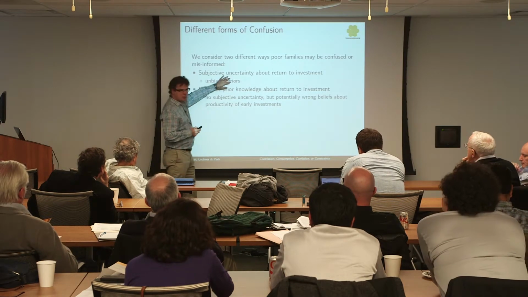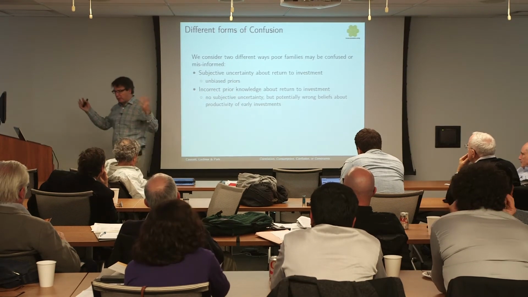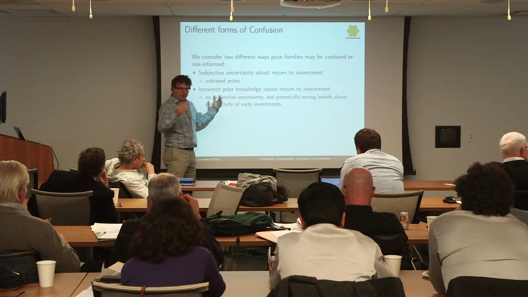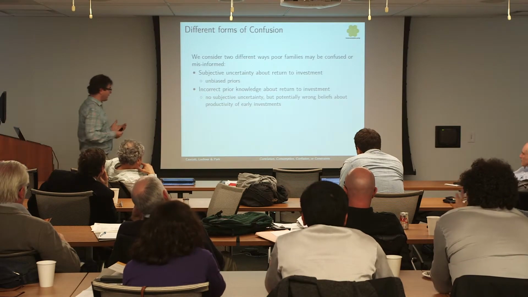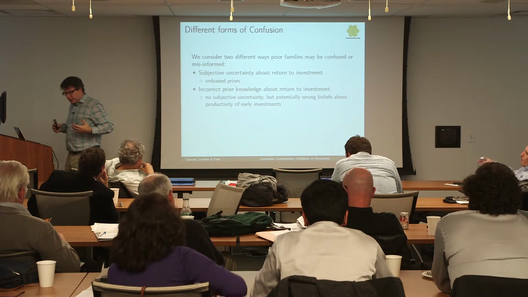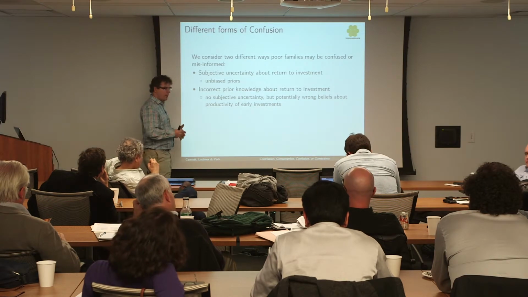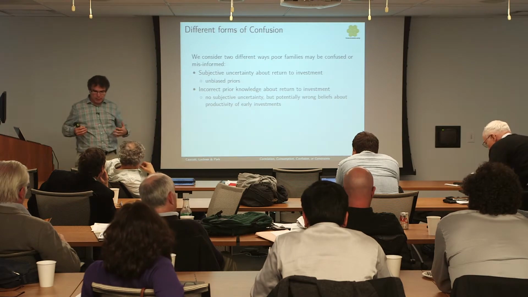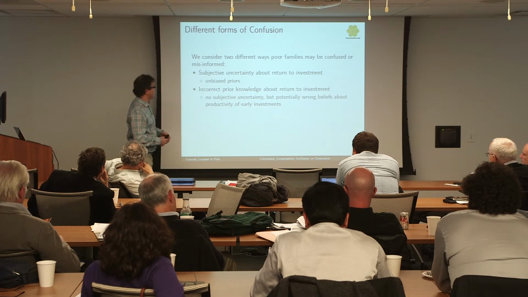But one is about a sort of subjective uncertainty. That is, I may have some uncertainty about the value of my investments. The first case I'm going to consider is just everybody has equal uncertainty and there's risk aversion, a classical kind of case. The second case I'm going to explore is where poor parents may have more uncertainty about the productivity of early investments than do rich parents. And I'm going to ask, even if families are risk neutral, what role does uncertainty about the productivity of investments play?